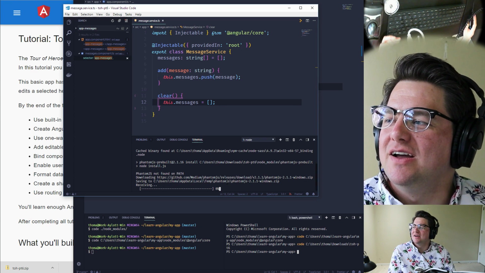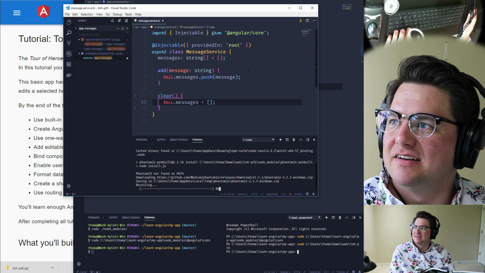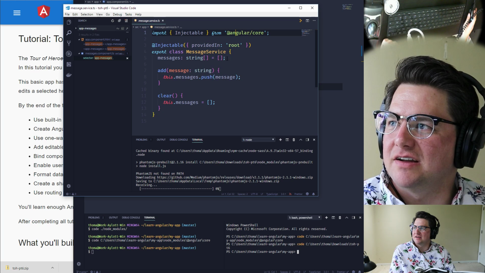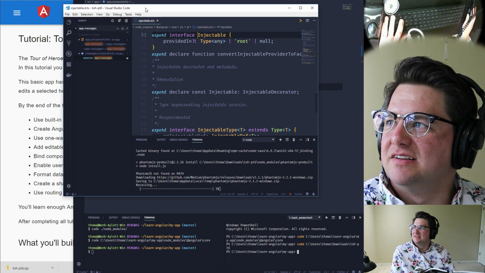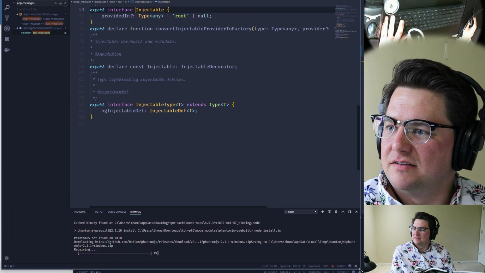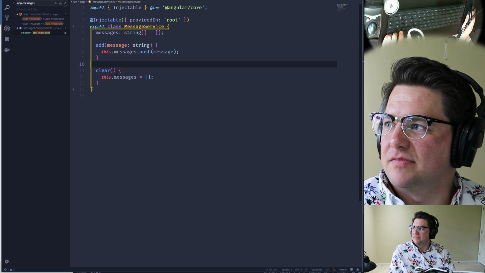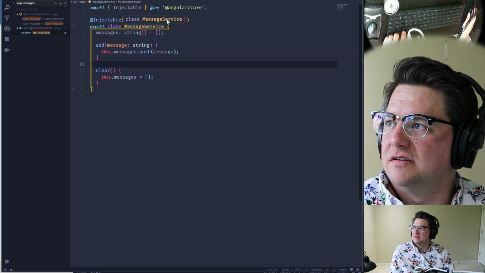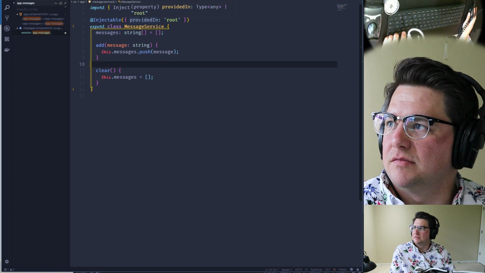What are you doing? Why are you installing Phantom.js? I don't want that. Okay, let me just... Do I have Angular? Yeah, okay, and have... Aha! We have injectable. Alright, let's go back. See if this gives us some like... documentation. No, not that. Okay. Provided